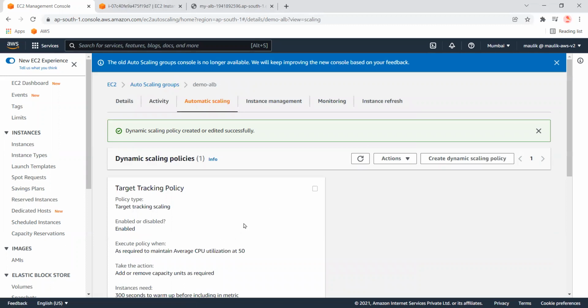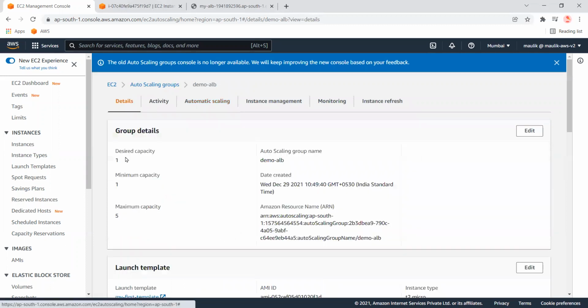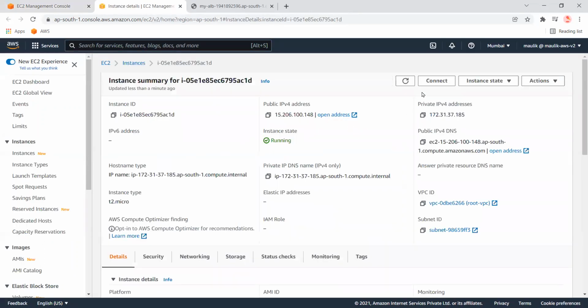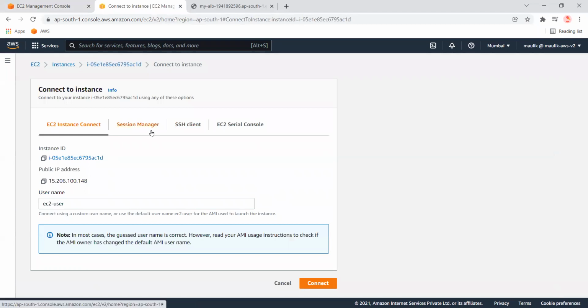Now I have a desired capacity of one, and one instance is already running. Let me connect to this instance. Its CPU is around 1% because we are not loading anything over here.